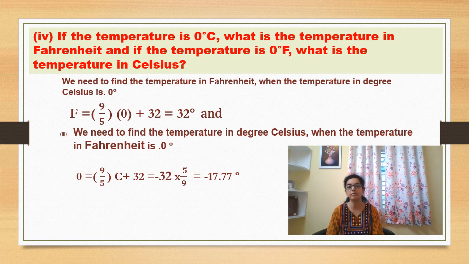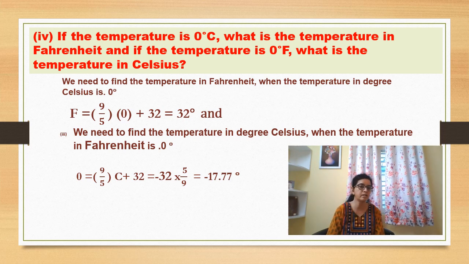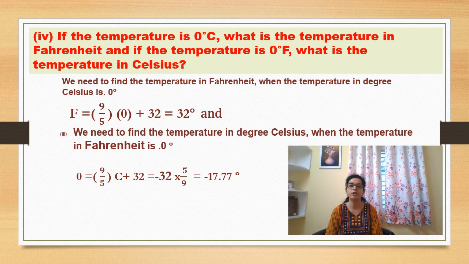You did not take this 17.77. It is a difficult one. So just don't use this. Don't use y is equal to 0. I have told you previously that this trick does not work every time, that once you take x as 0 and once you take y as 0. When we take y is equal to 0, the trick is not working because you are getting a complicated answer. So you need not use this. And I even told you that if you have 2 to 3 pairs of coordinates, then it's enough. You already have 3 pairs of coordinates, so you need not go for a fourth pair and make the sum complicated.